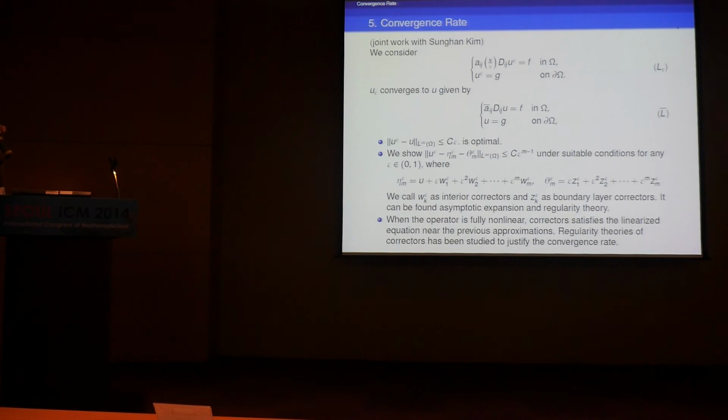Now we consider the convergence rate. You have an oscillating diffusion coefficient, and this is the effective equation. Then our solution will converge to u with this epsilon order. There was heavy research on those issues by Ki-ahm Lee, and recently Kennedy too. Then we looked at the higher approximation there with my student Sang-Gi. Then we have a full expansion like this. This is the corrector from the interior, and this is the corrector from the boundary layer. Then we got this estimate. We also got a similar result for the fully nonlinear operator.